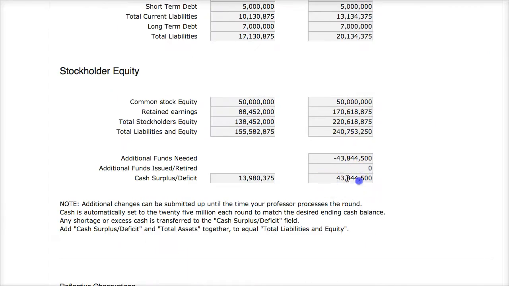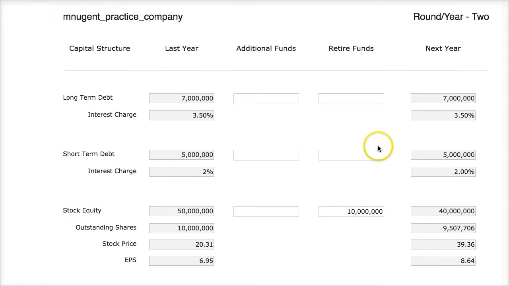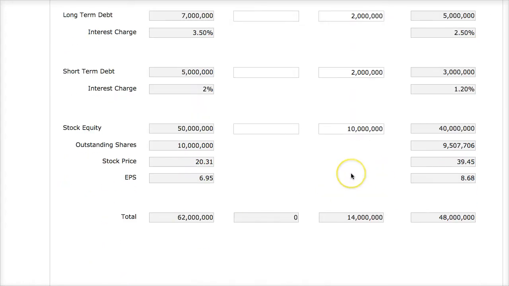So here I have a $43 million surplus. What I'm going to do is buy back some stock with that surplus, and that will reduce my amount of outstanding shares, and maybe I can buy back some debt to reduce my debt burden, and this will help my points. So my debt scores will go up. If I'm reducing my outstanding shares, that will make all my per share variables better because I have less shares to divide things by.